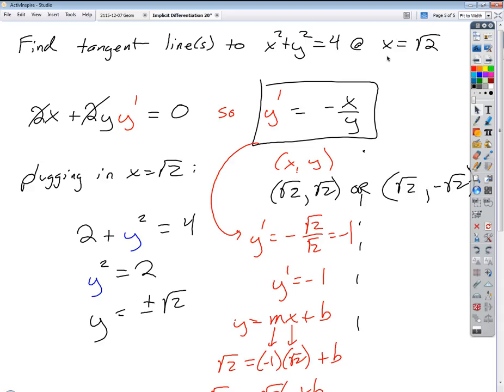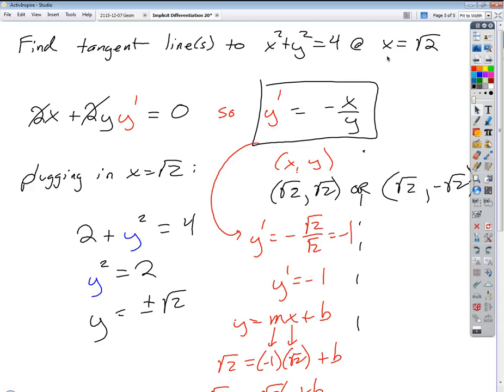Okay, and so in the past we've done a lot of this stuff. The point is non-calculus stuff. The point comes from just evaluating the function at a certain value of x to find the corresponding y value, right? No big deal. Calculus allows us, by taking a derivative, if we evaluate the derivative function at that value of x, to get the slope of the curve at that point, right? And that's the other piece we needed, was the slope. So then we've got the point of tangency, we've got the slope of the line, a little algebra 1, and we've got the equation of a line, right? Okay, the difference here was, though,